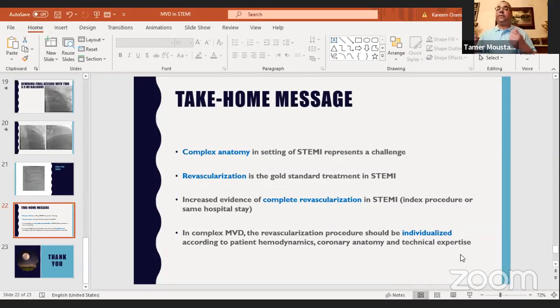So Karim, why from the start didn't you cover the ostium, to have the chance to do your POT safely in this case? Yes, in this case, back to this case, I felt that the ostium of the left main is normal, and the whole length of the left main actually is normal.